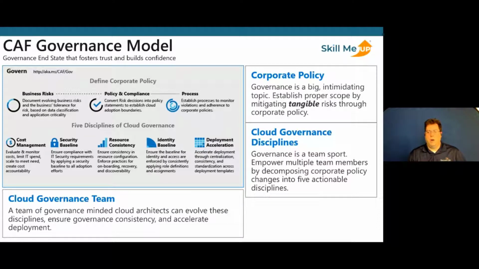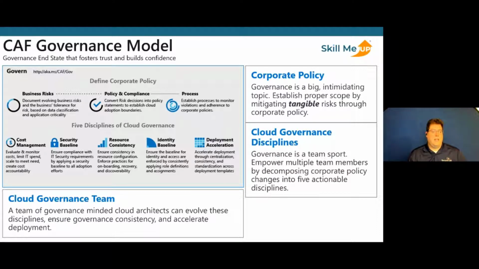in terms of what we're utilizing for our corporate policy, our disciplines for support, as well as understanding what we have to do for compliance, what our risks are within our business, and then establishing our processes to continually monitor. As we recall from the cloud adoption framework, there was the continuous monitoring and management piece that goes along once we have adopted our Azure technologies and have migrated to Azure.